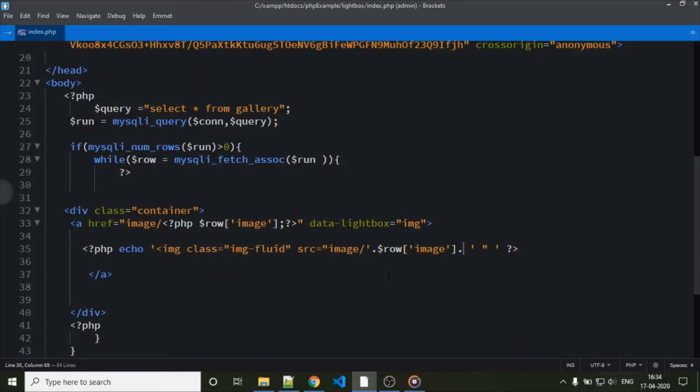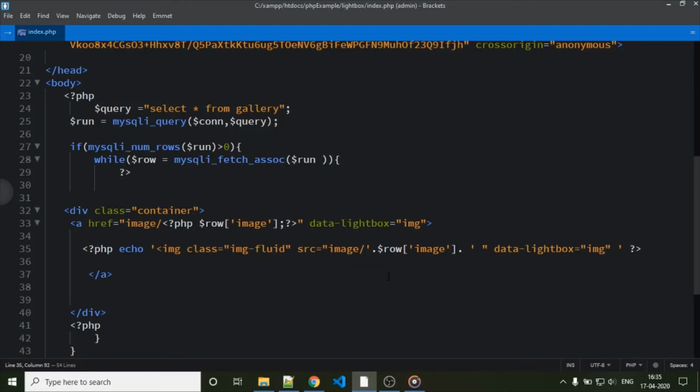Okay, here we are done with that. We are using the data-lightbox attribute for the lightbox feature. Provide any name, img.